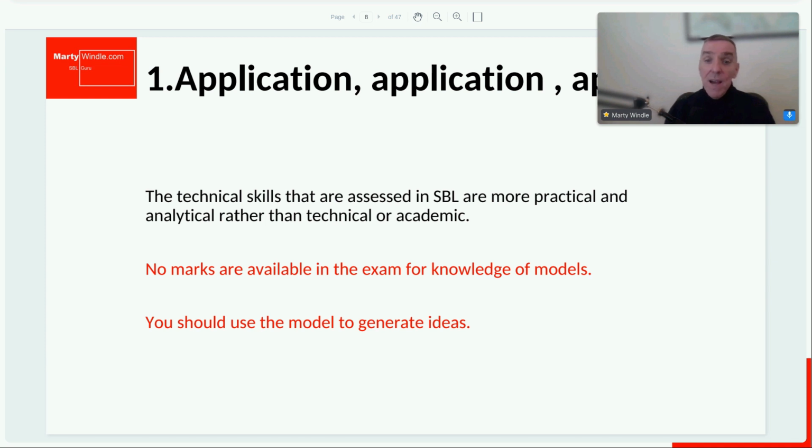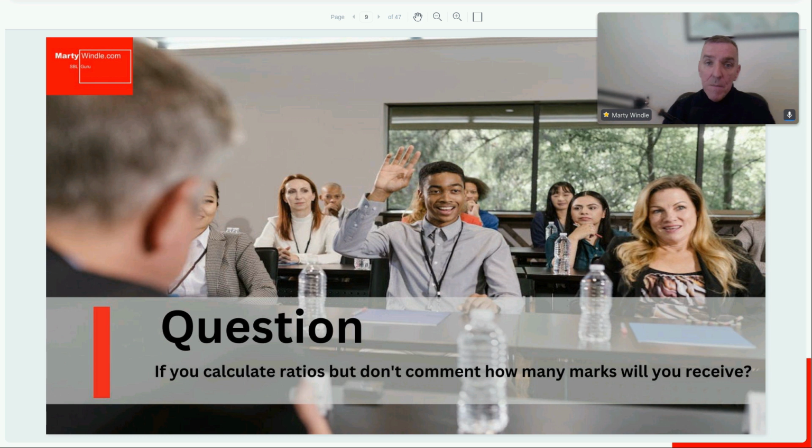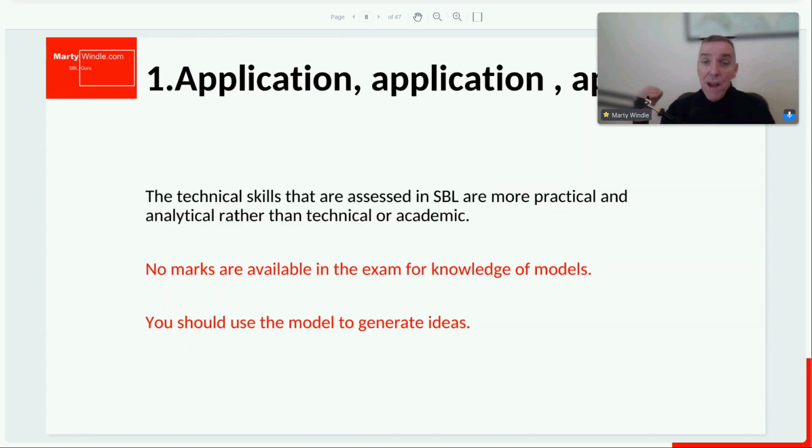So the models are there to generate ideas. You will not get marks for describing the models. If you describe the models, it's just wasting time. It's 0. So it's there to generate ideas. And I'll just go back to that. You don't actually need to use any model to answer sometimes. For most questions, you can either choose to use the model or not. If you've got good general knowledge, good business knowledge, you can use that to write your answer. You don't always have to use a model. So if you're not using a model, do not panic. In the exam, you don't need to use it.